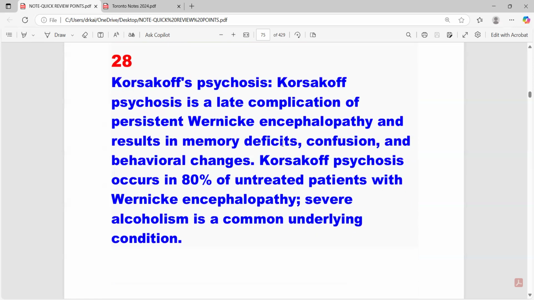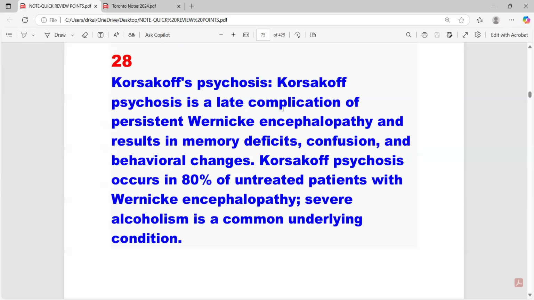Then we already discussed Wernicke's. Then comes Korsakoff psychosis. So it's a memory problem. If a patient is presenting with ophthalmoplegia, ataxia, along with confusion, but the patient is also having a memory deficit, retrograde amnesia or anterograde amnesia, in those cases this is Wernicke-Korsakoff. But if they don't talk about amnesia, then it's just Wernicke encephalopathy.